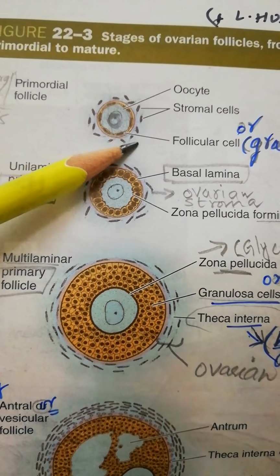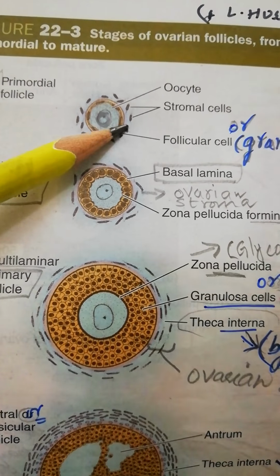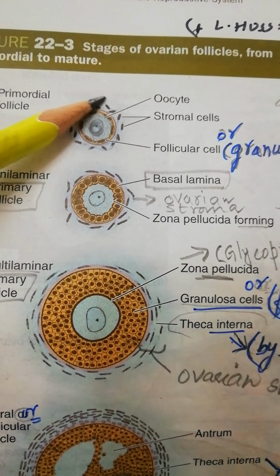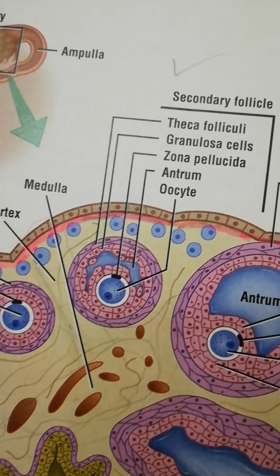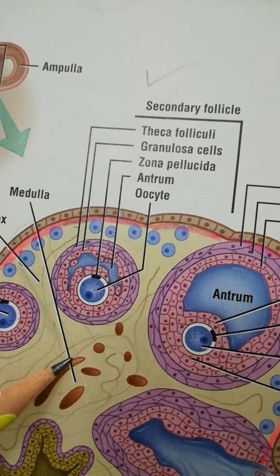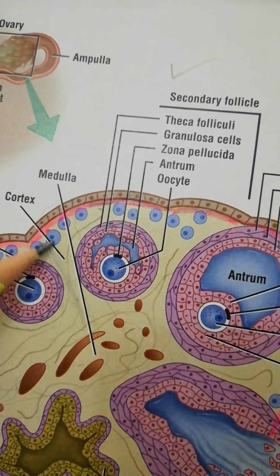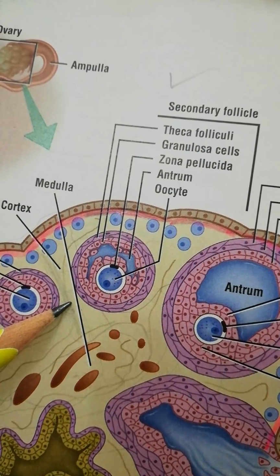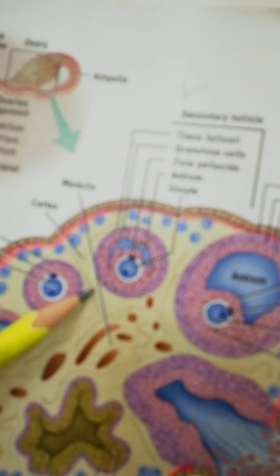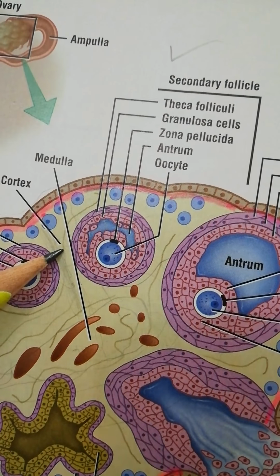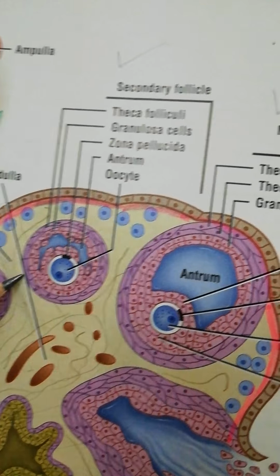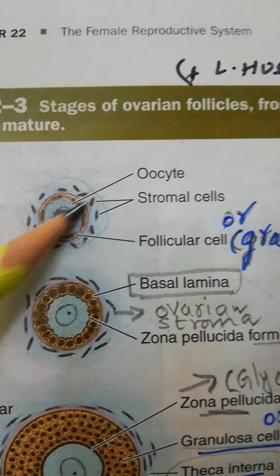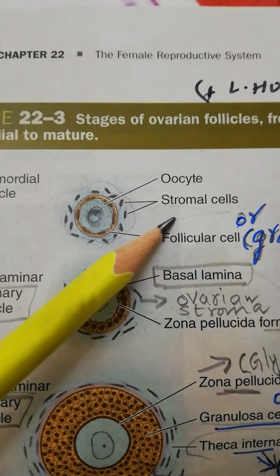Now you can see there is another thing. The stromal cells are present around these follicular cells. What are stromal cells? Coming again to this diagram, we mentioned that the cortex of the ovary is covered with, or rather has, dense irregular connective tissue. So this connective tissue is well laden with the cells which you label as stromal cells. These stromal cells, now you have to focus, are on its outer side.